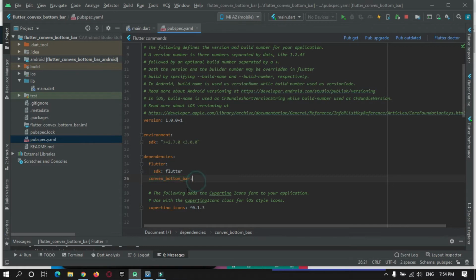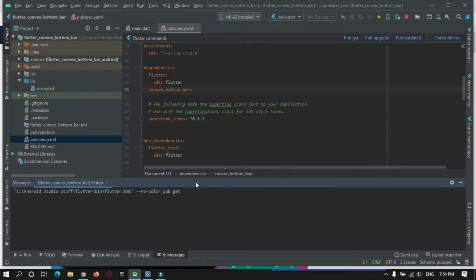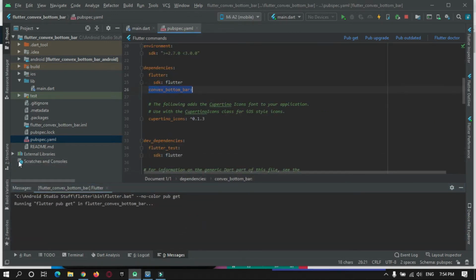When it is empty, the latest version will be fetched from the server. And after adding this, just press this button, pub get. What this will do is fetch all the libraries into the external libraries over here. As you can see, exit code is 0, that means it is a success.